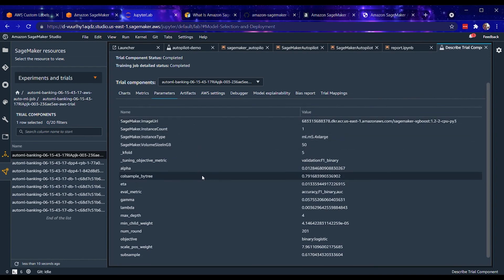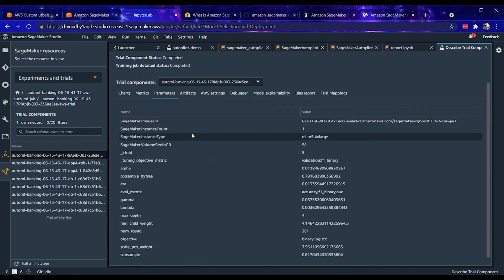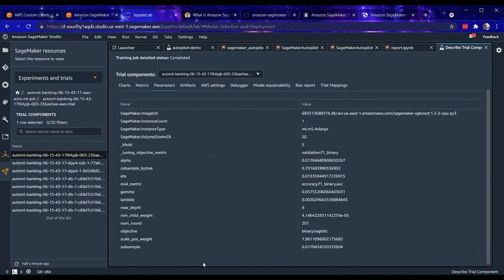So all of this is captured within experiments. So it's very easy to do an analysis and understand. Here we have the code of how to do it, but I prefer this view instead, of actually looking at the different configurations of the training job. So again, all baked in, and that's what I'm talking about with the native integration to SageMaker. It's such an advantage with Autopilot because it's very easy to use all these different features that are already built into the SageMaker platform.